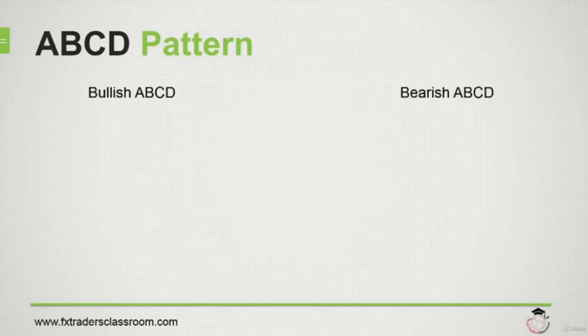On the left will be the bullish ABCD pattern, and on the right will be the bearish ABCD pattern. To start the pattern, you must first have the A point. The A point is the highest point of the bullish pattern and the lowest point of the bearish pattern. Where the B point ends is very important. The length and time in which it takes to go from point A to point B will set up the